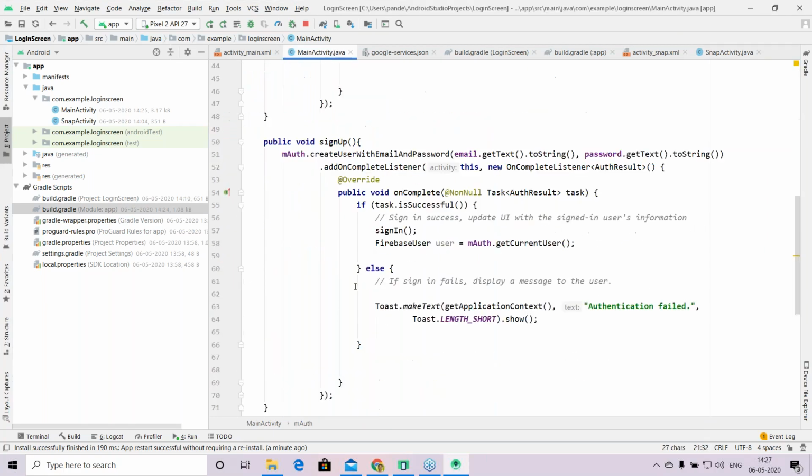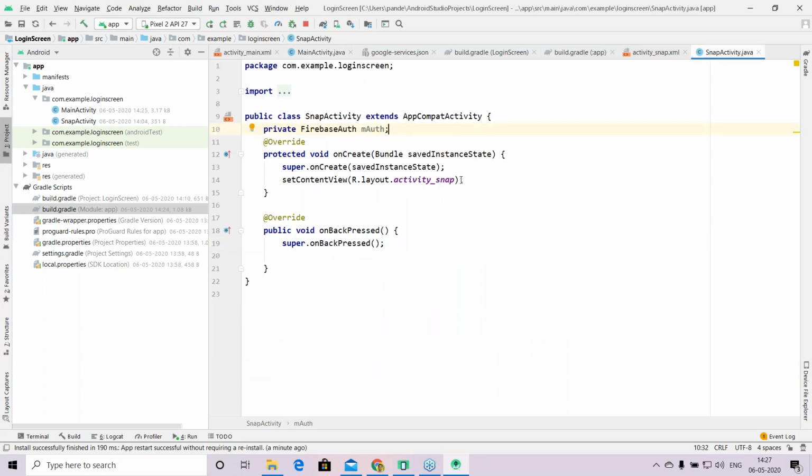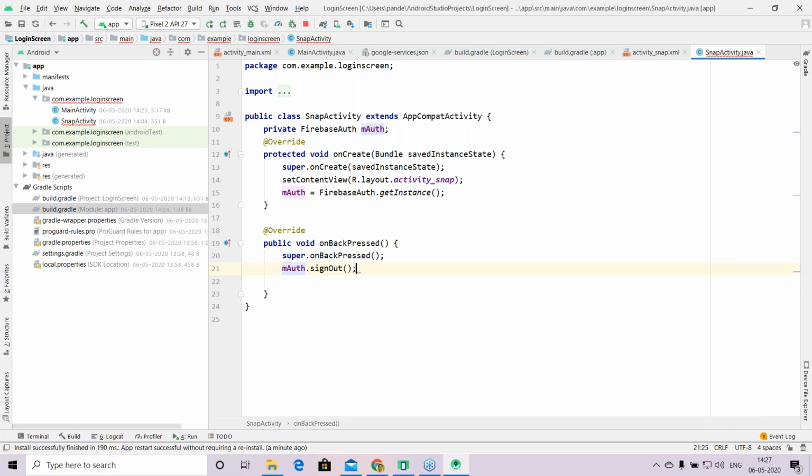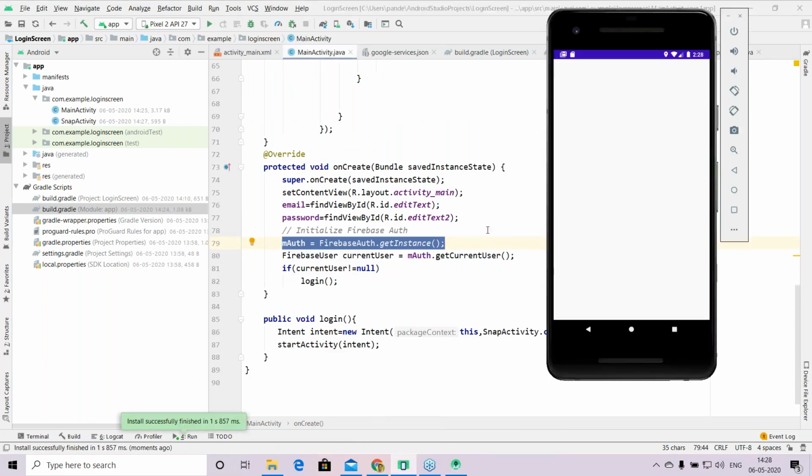And again, I will go back to my on create method in the main activity, copy this and paste it over here. So when a user clicks on back pressed, I will call mauth.signout, as simple as that. And now I will again run this application